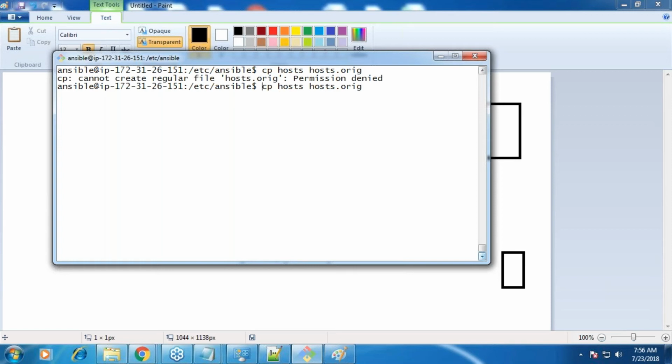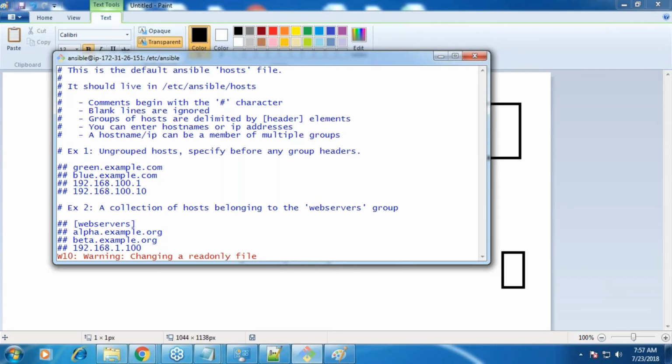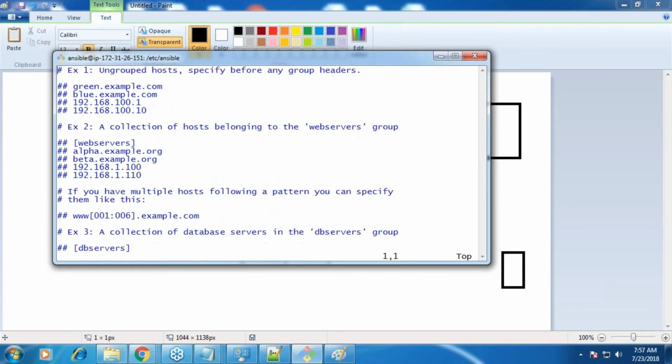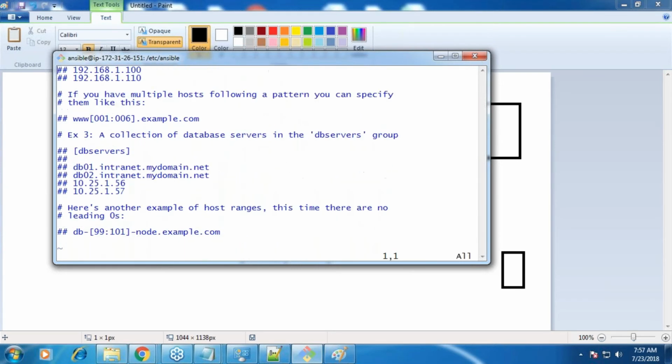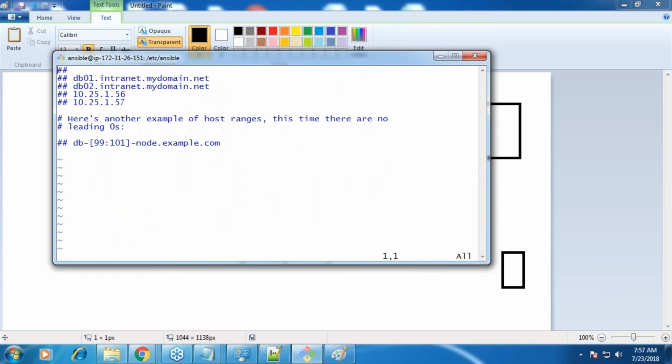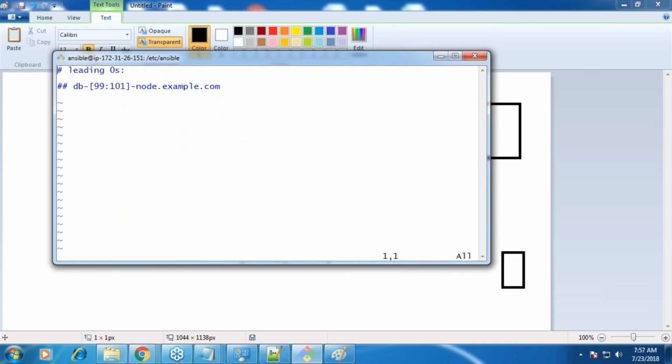Okay, I have to use sudo. Yeah, and now let me get into the hosts file and remove all of the changes. This looks confusing, right? Let us have an empty file.